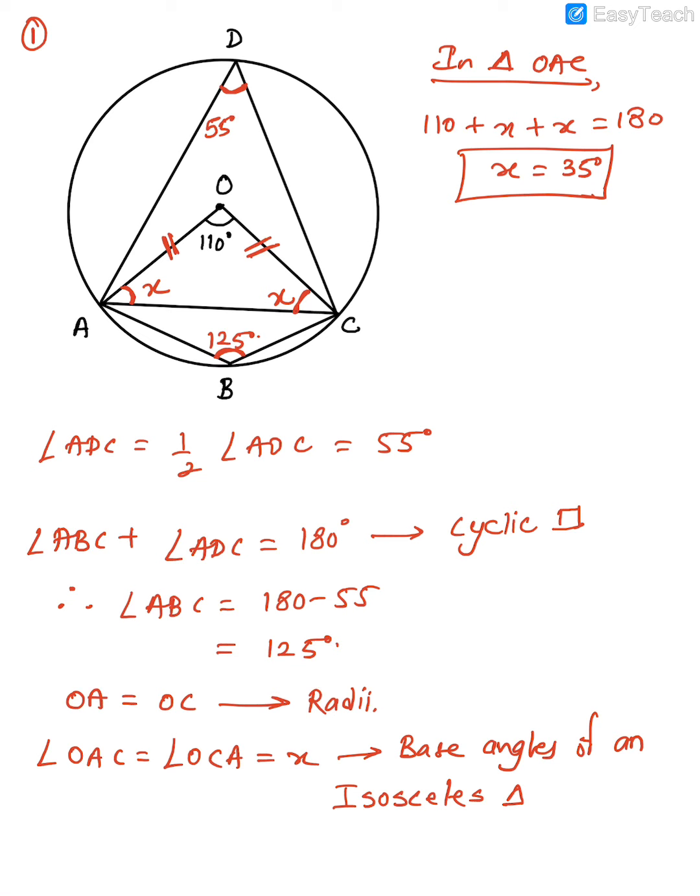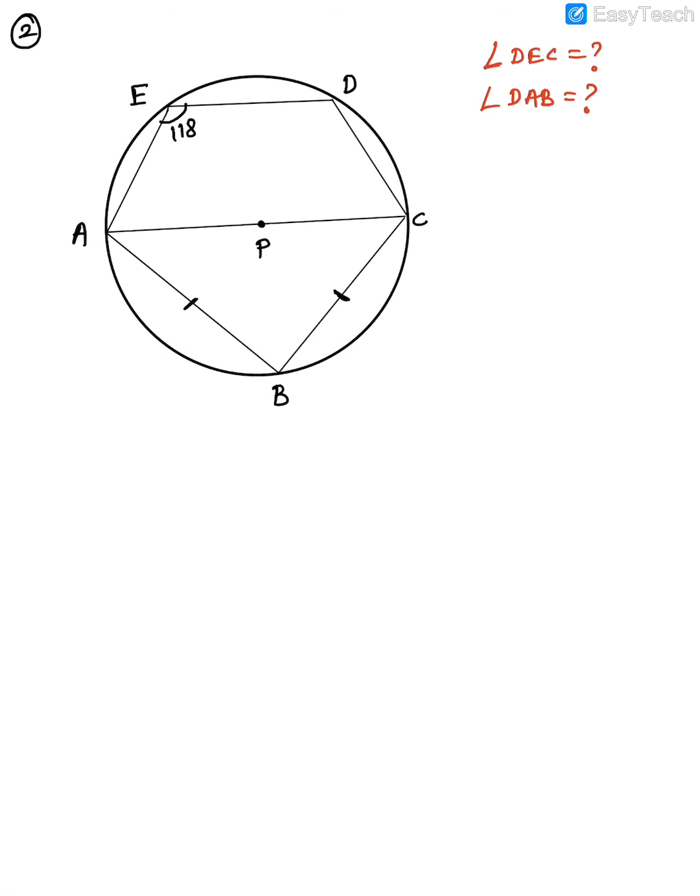Okay, now let's go further to the next problem. Problem number 2. So guys, this is the second problem. You can see again whatever I've marked in black is given, and on the right side I've written in red angle DEC, which they're asking us. You can make out from the figure that we'll need to make a construction. So I'm making all the construction with a green line. I'm not drawing dotted, but I'm drawing a green line. We have to find angle DEC and angle DAB, so for DAB also I'll have to make a construction here.